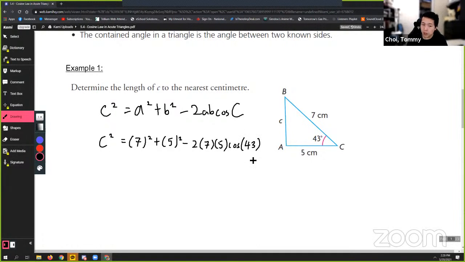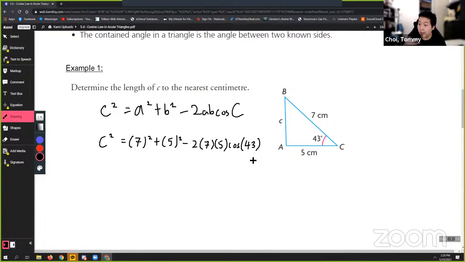Now, when you do this math, some of you may be tempted to solve this whole thing all the way through. And if you're careful on your calculator, you absolutely can. You can solve this on your calculator. You can move on and just do C squared equals the number. However,